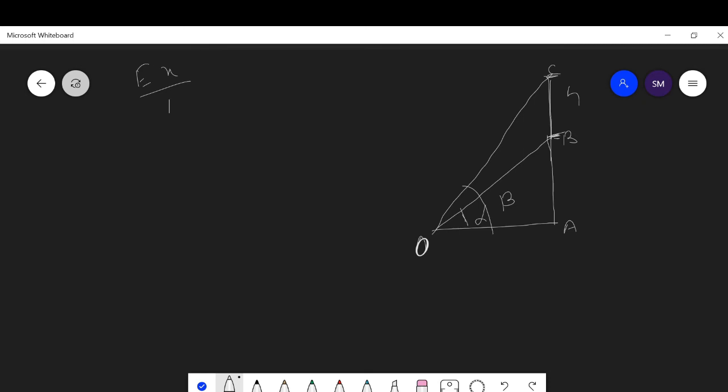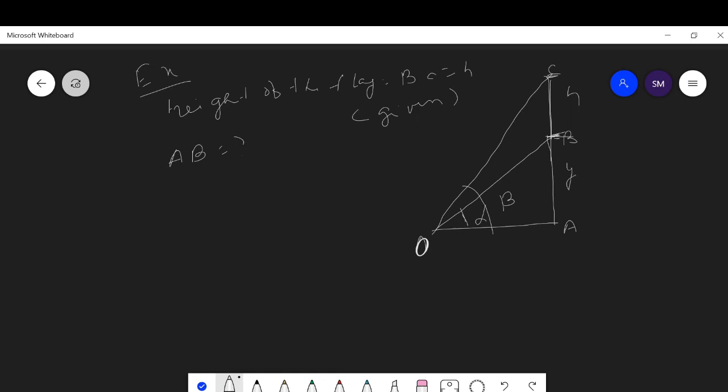Here the length of the flag, or height of the flag, is given. Height of the flag is equal to BC is equal to h, which is given here. Another thing is given, the angle of elevations from the point O is alpha for the bottom of the flag and beta for the top of the flag. This is the question given, and here we have to prove that the height of the tower, means here we have to find out AB, which is the height of the tower.